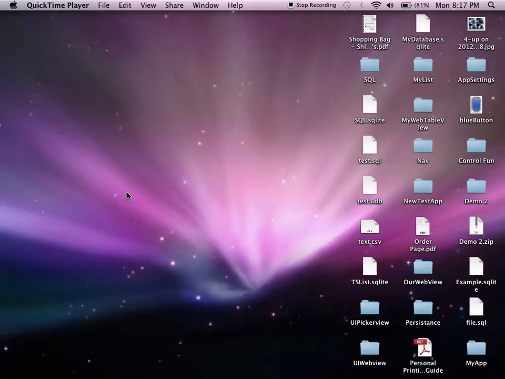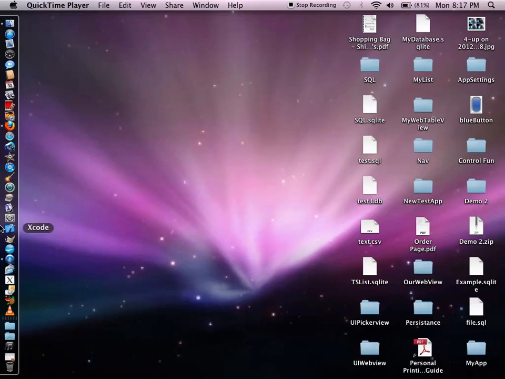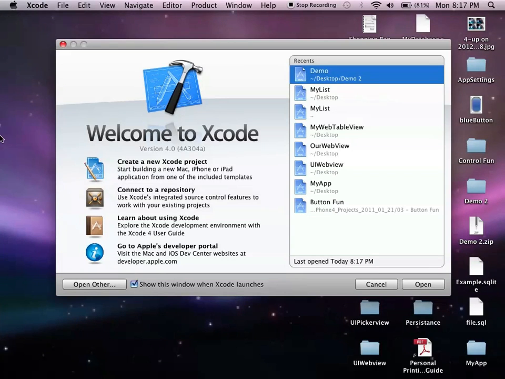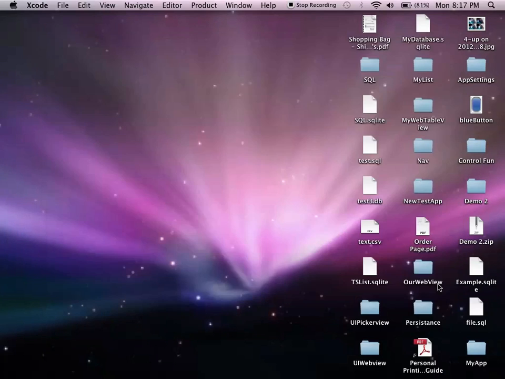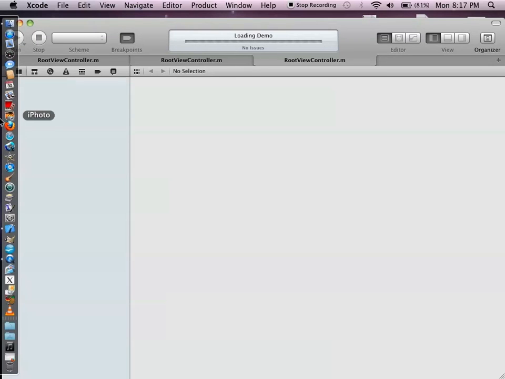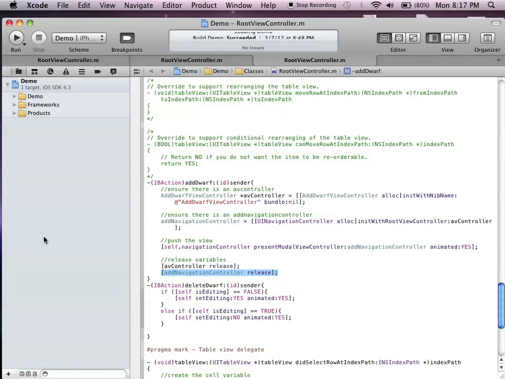Before I get into the SQLite delete section, where you delete an object from SQLite and delete from the array, and then tie all of that together with the pushing of the web view,